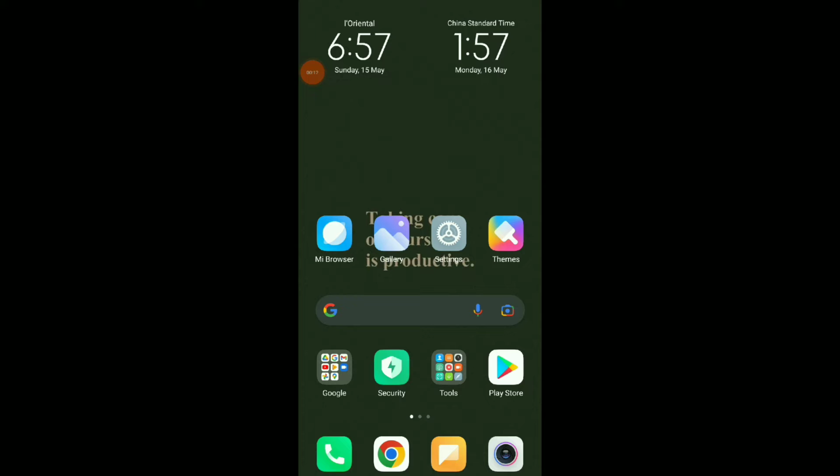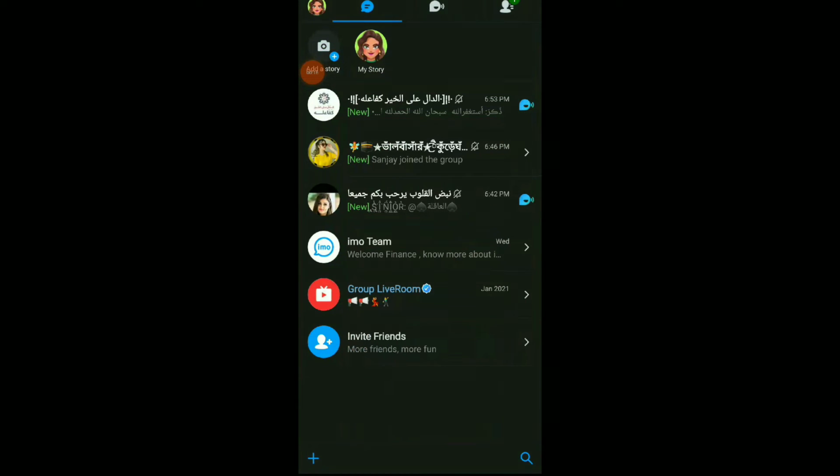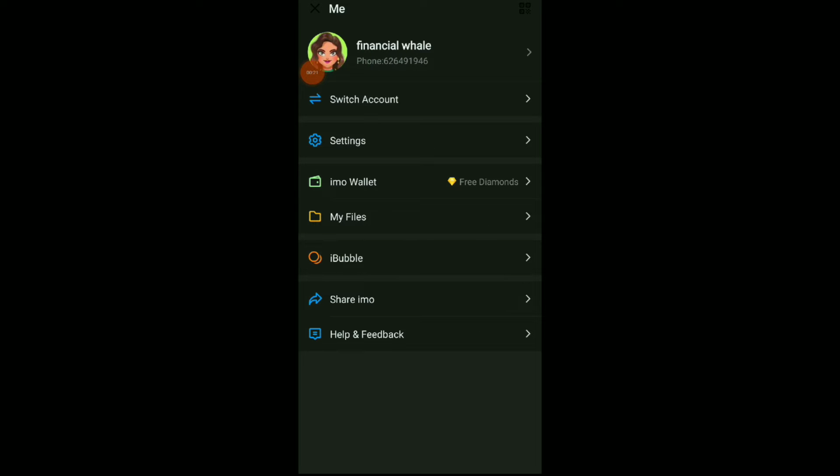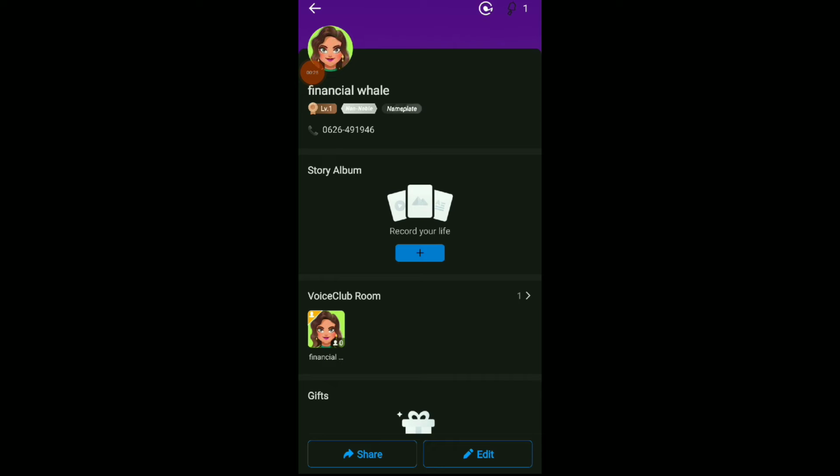app, easy and quick. So first thing, go to your Amo app. Once you are here, click on the profile icon and click again on your profile icon. Go to your Amo room,